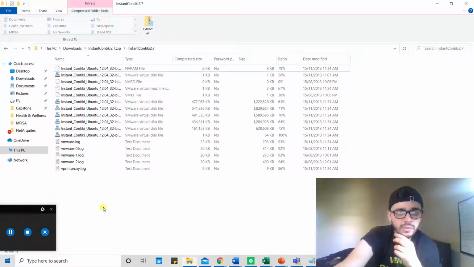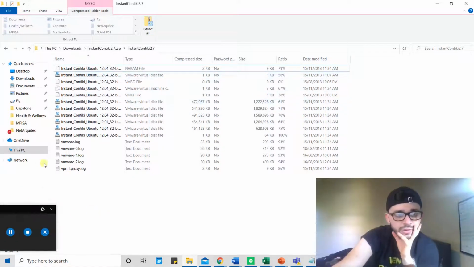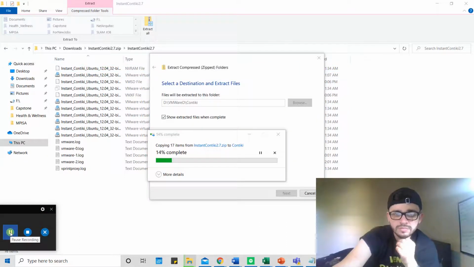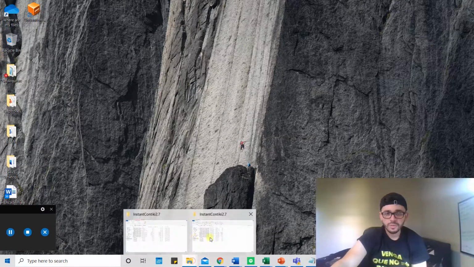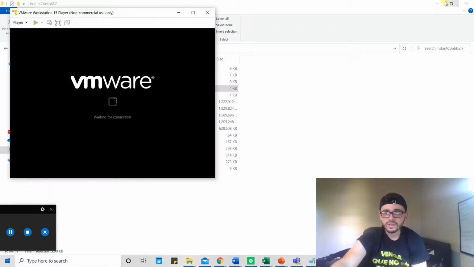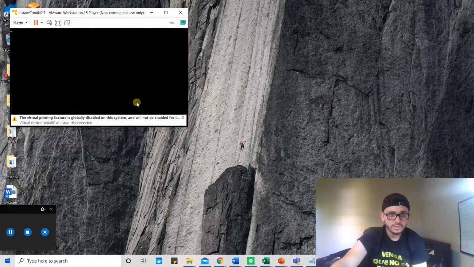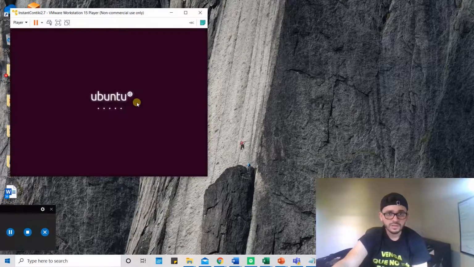So this is the file where we downloaded Contiki. This is the one we're gonna use to install. Okay, now this is what we're going to do. Click on Instant Contiki Ubuntu VMX, and the VMware is gonna open on its own. Click OK. It's gonna start installing,